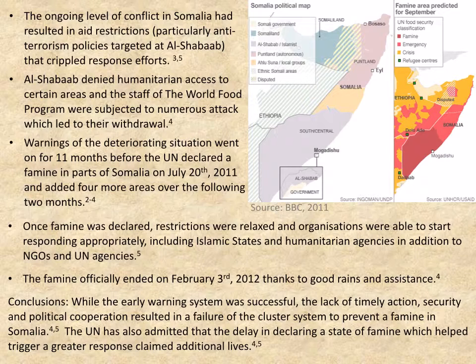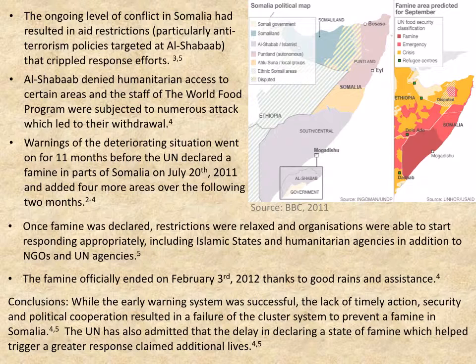And in conclusion, while the early warning system was successful, the lack of timely action, security and political cooperation resulted in a failure of the cluster system to prevent a famine in Somalia. The UN has actually admitted that the delay in declaring a state of famine, which helped trigger a greater response, ultimately claimed additional lives. So, had they declared famine sooner, they probably would have been able to garner more of a response